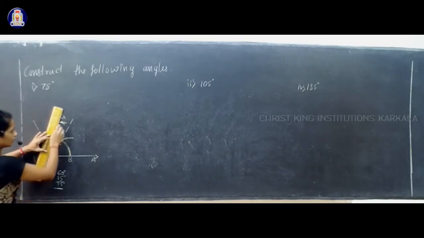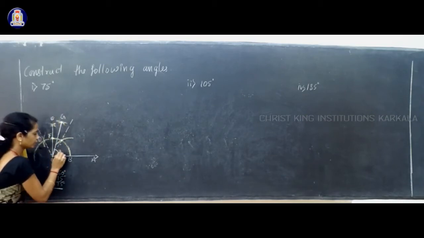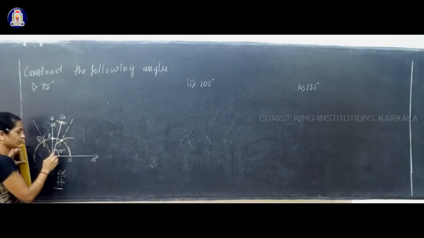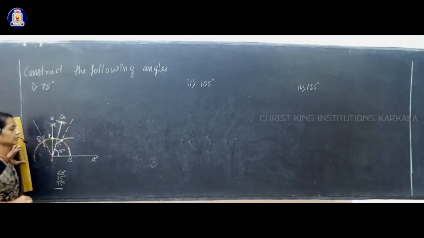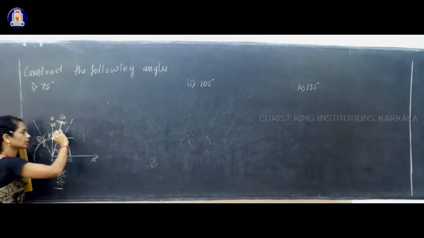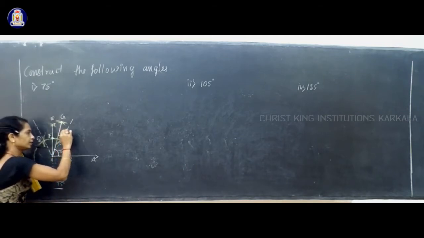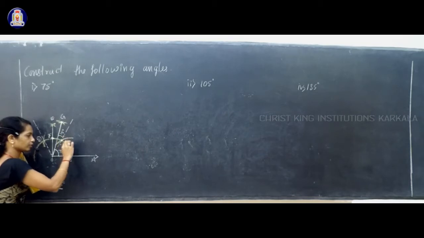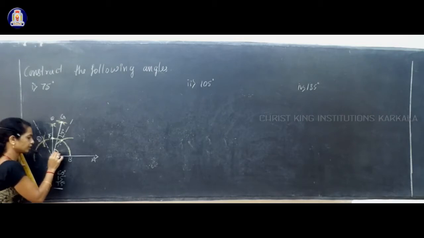This point of intersection you join with O. Now this OG, how much degree does that make? That makes 75 degree. This is 75 degree, and here this angle, you know which angle? Angle BOC, that is a 60 degree, and this angle COG is a 15 degree. If you want, I'll write here. This is a 15 degree, and this much angle from here to here, I'll write inside, 75 degree.